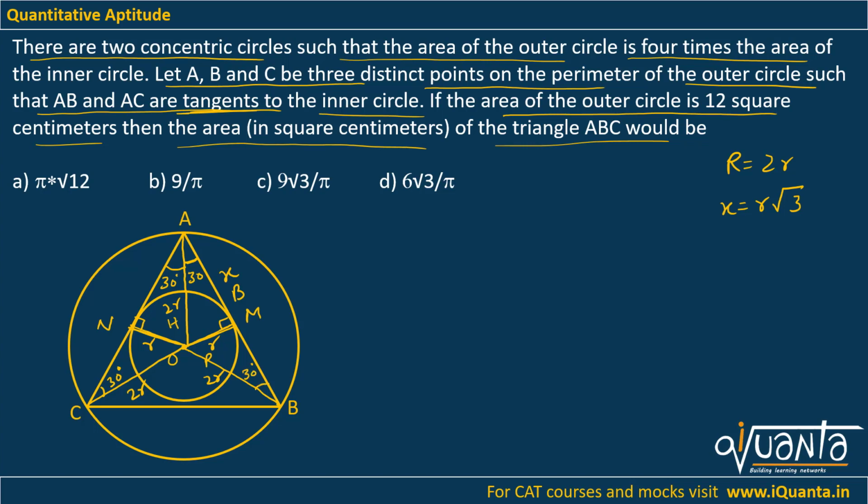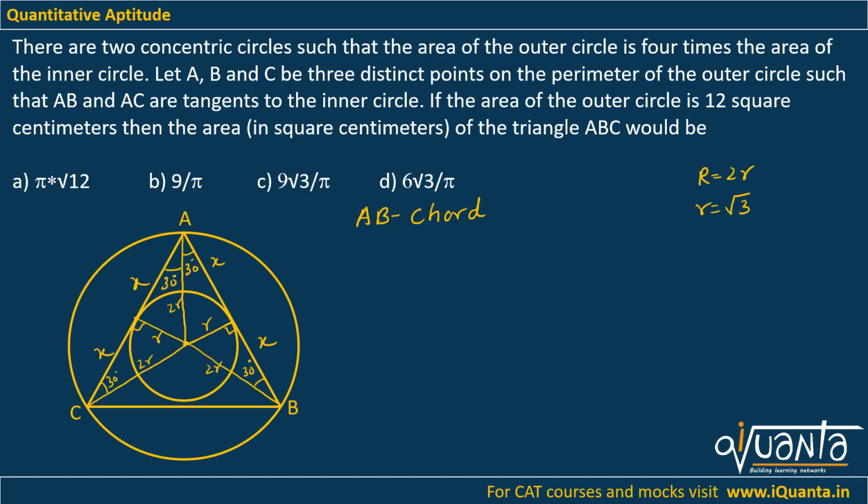Okay, now there is one more theorem that will be applicable over here. We can see that AB is a chord to the outer circle, right? And I told you a theorem in which if we drop a perpendicular on the chord from the center, it bisects the chord. So we have drawn a perpendicular M from the center O. So if this length is equal to x, this length will also be equal to x, this will also be equal to x, this will also be equal to x.